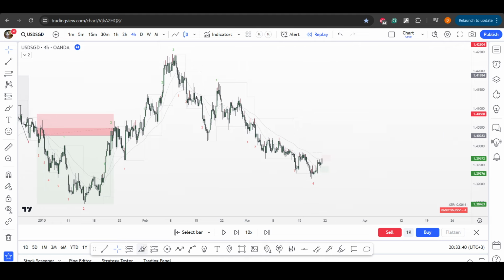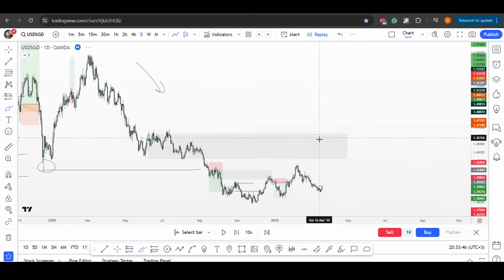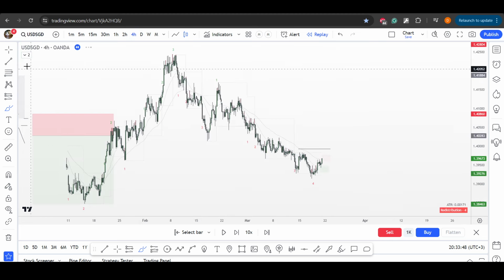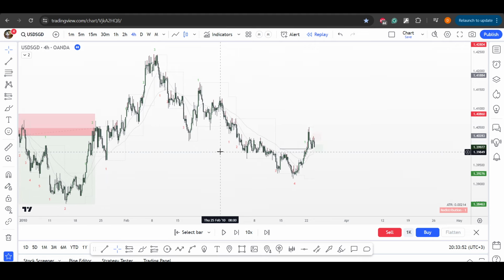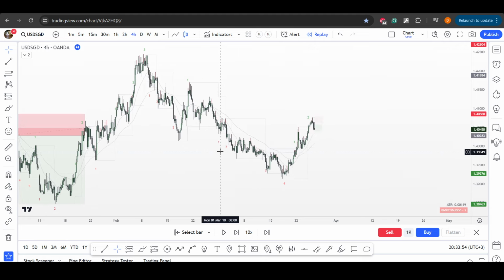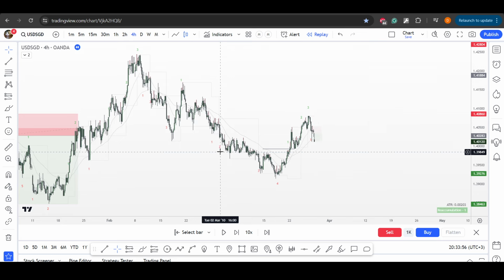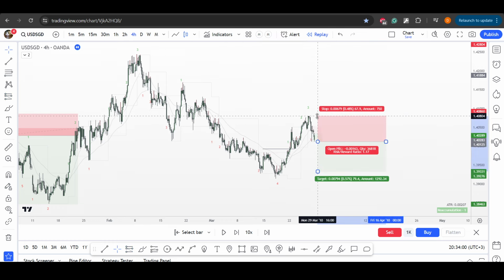So now what I want to see, at least some kind of liquidity taken, because right now we are extended in the leg itself on the daily and 4 hours, so this is what I want. Yeah, so something like this, even deeper would be great. And now let's try to bring it down if we will